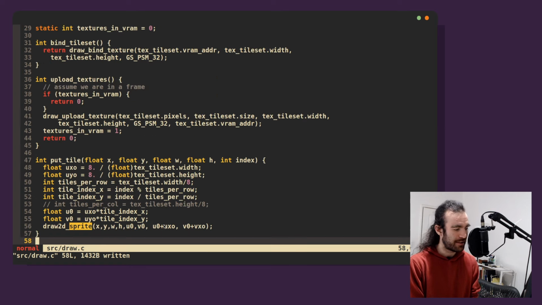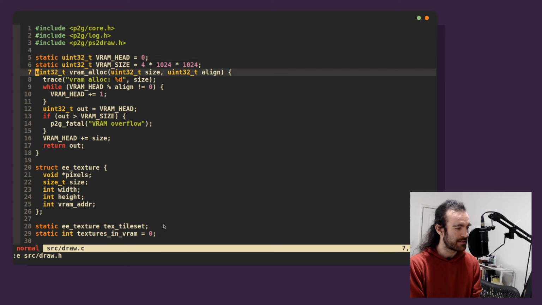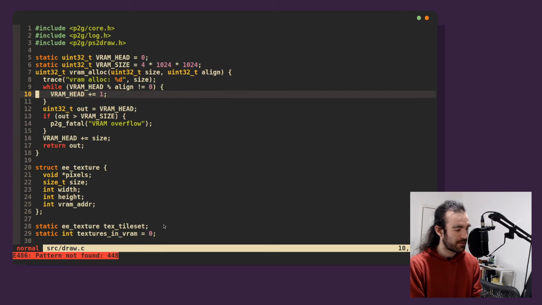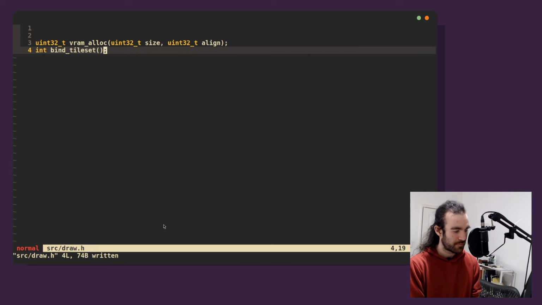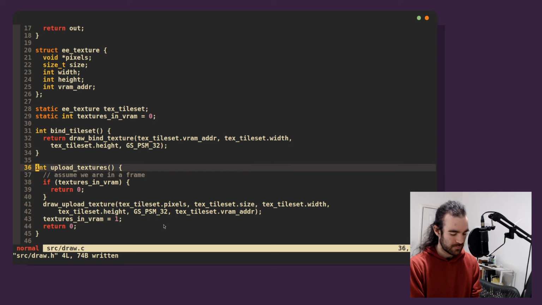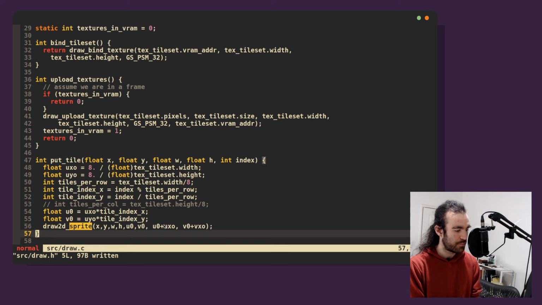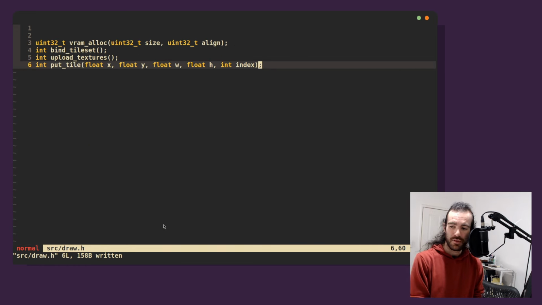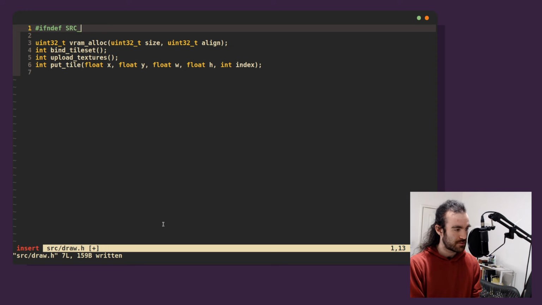Oh no, we need to load the file yet. We also need a header for this, just that has all the functions in it. So we're gonna do this, VRM alloc. We're gonna grab bind tile set, upload textures, and then put tile as well. Cool. So this is all the most basic way you could do this. Ifndef, source